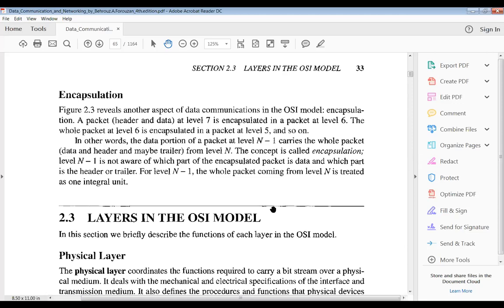So here also, whatever data is there, I am going to encapsulate in one packet. Each and every packet will have a header, my data will be there, and it may also consist of a trailer. The whole packet will have our data, header, and trailer. That is called encapsulation.